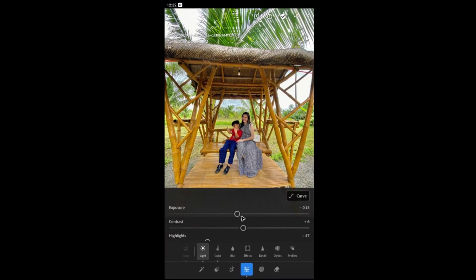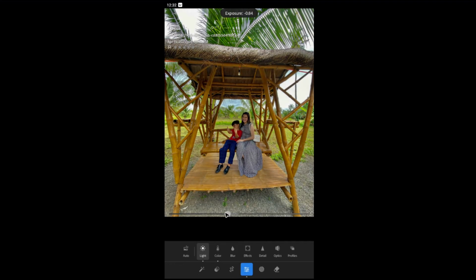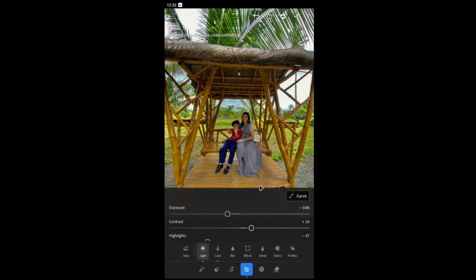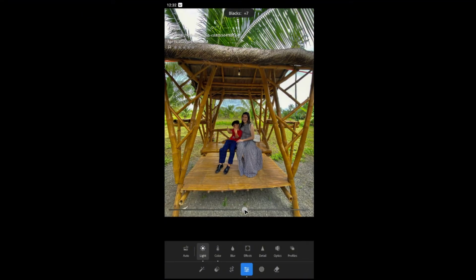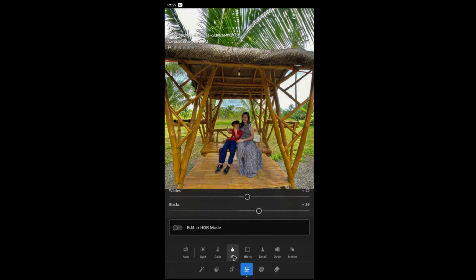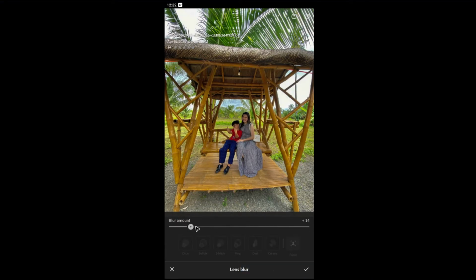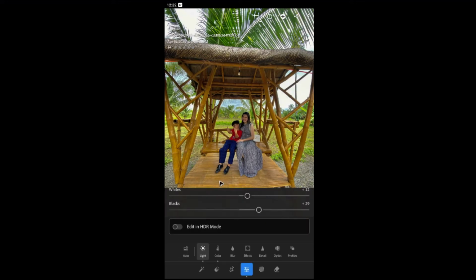For example, you add in some lighting, exposure, like that, and the contrast, the blacks, just like that, and the blur. If you want to add some blur, go ahead and do so. Now to be able to export the preset or the settings of this particular photo that we just made, just